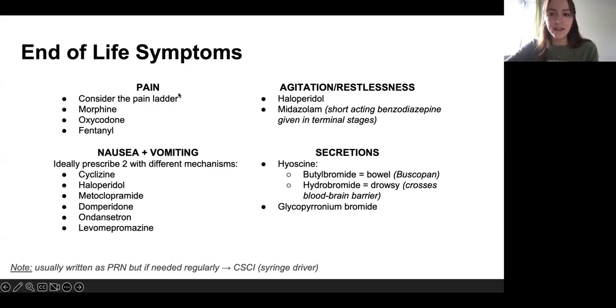You can consider the pain ladder, so obviously starting with the really simple ones like paracetamol. However, in palliative care, there is a very low threshold for opioids. So morphine, oxycodone, and fentanyl. Beware that the latter 2 are the first line drugs in renal patients. So with mild to moderate renal impairment, you would start them on oxy, and if they have renal failure, you give them fentanyl. But outside of the renal patient group, morphine is probably the most common analgesic